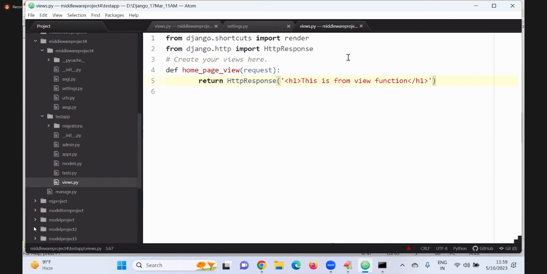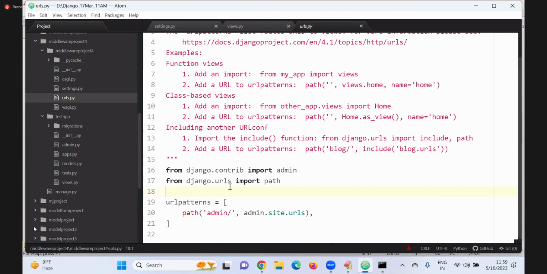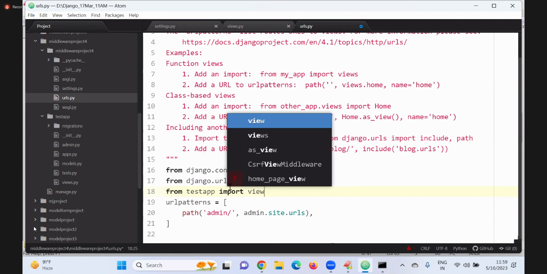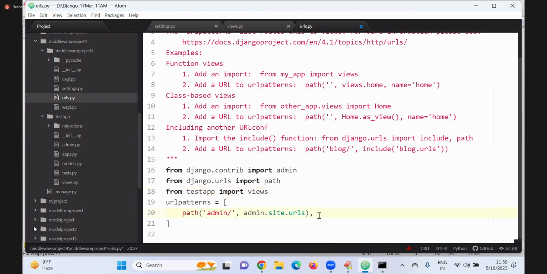Done, a simple thing; I'm just telling the flow. Now URLs: from testapp import views. Now take the path.